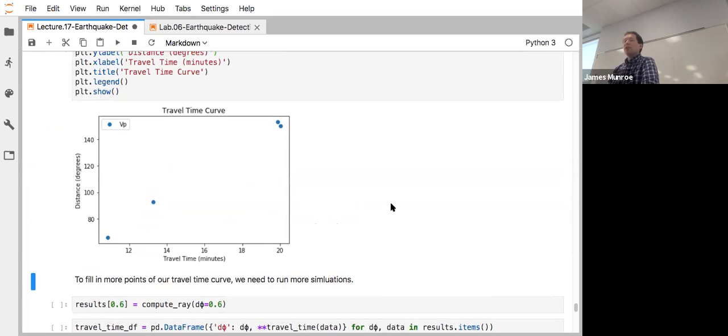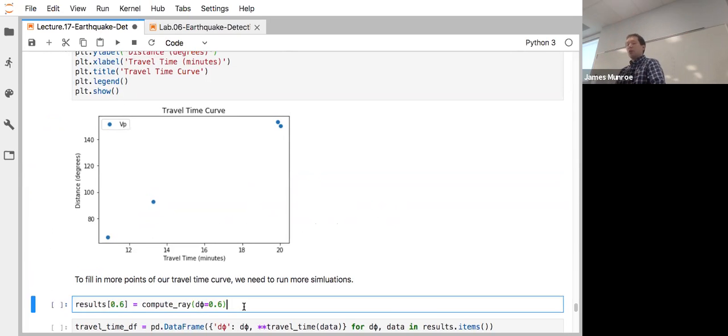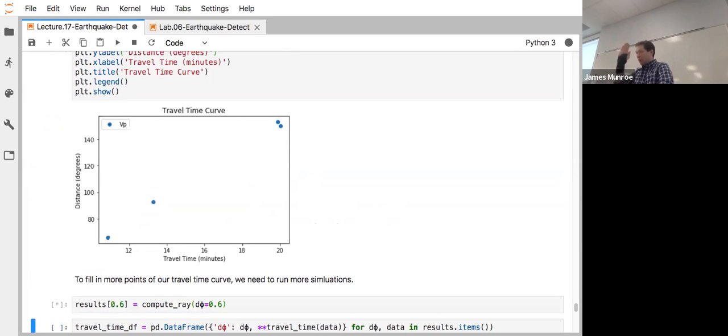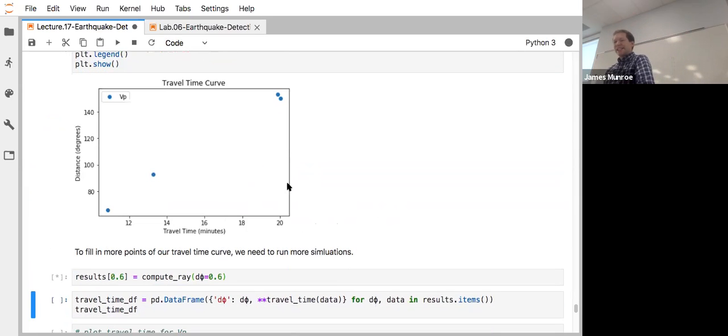So this is a plot of distance in terms of degrees, distance around the edge of the Earth, given how much time it travels. If you want more dots on this page, you need to run more simulations. So if I run a simulation with an initial angle of 0.6 radians from the vertical, and depending on how many of you hit the button at the same point,